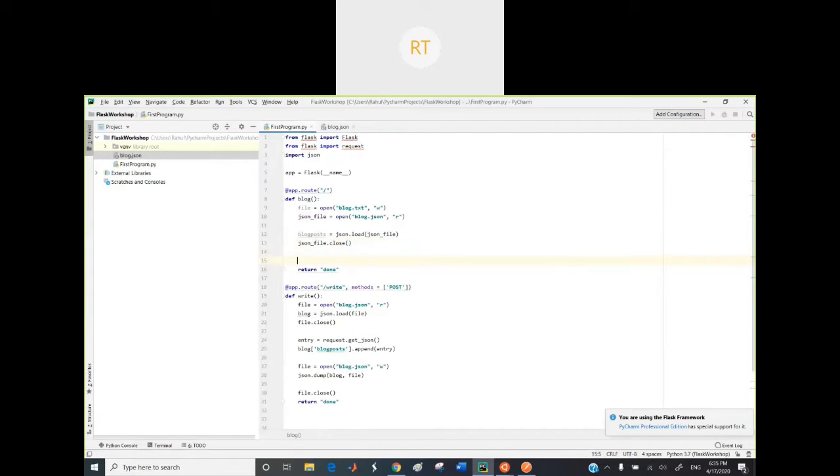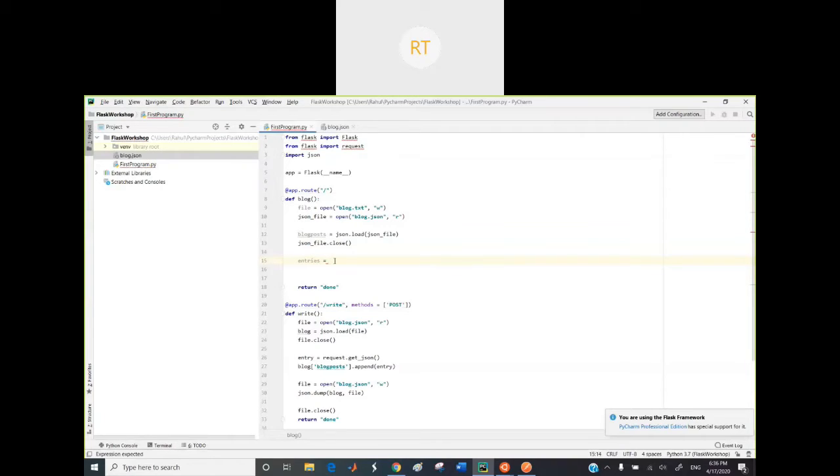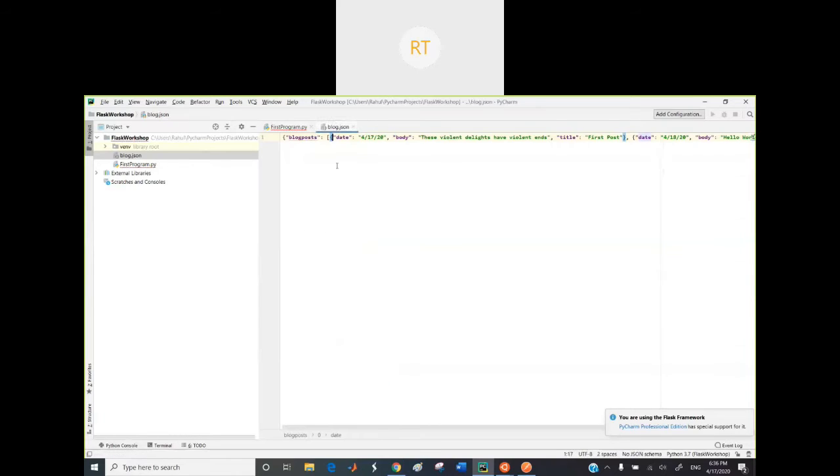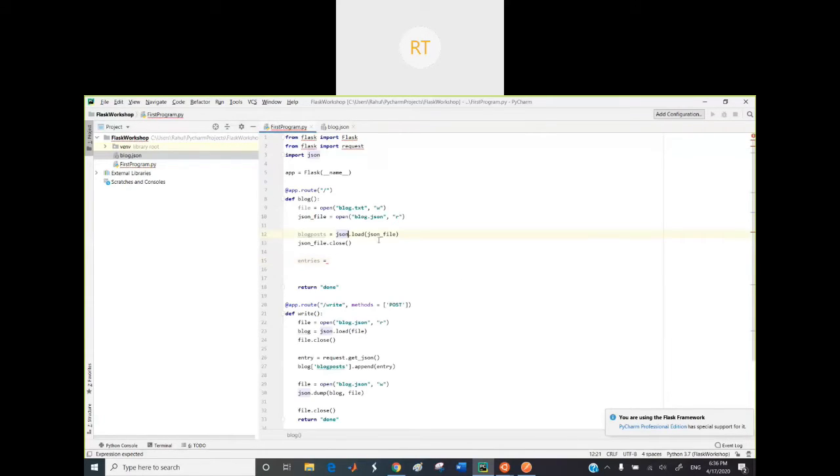Cool. So now we have our blog posts stored in this variable, and we have a new file that we can write into. So let's try looping through our entries. I'm going to create a variable. I'm going to call it entries, and we want everything that's stored in this collection. So the way that we can access this collection is we take what's loaded here in blog_posts,